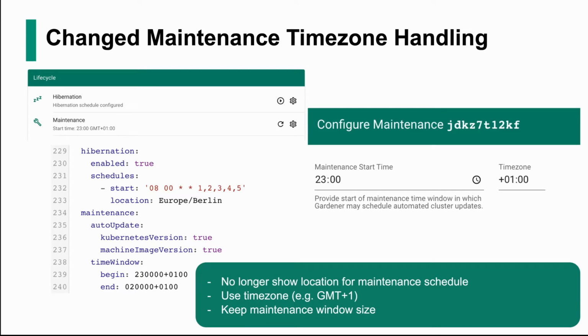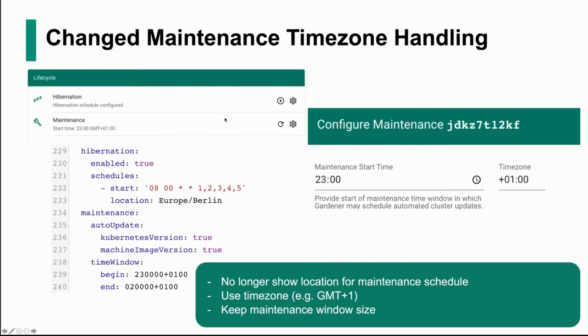So as you can see here, we exactly show the begin time together with the time zone or the offset to UTC. So this is something that you will now notice, that you will see these times now in this format